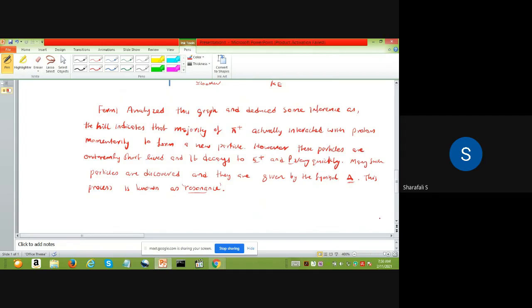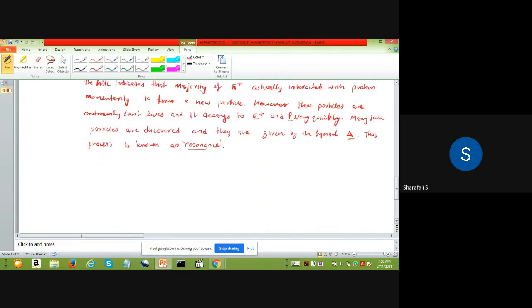Now, if you consider this particular interaction, then you can apply the uncertainty principle. So you can write from the uncertainty principle,